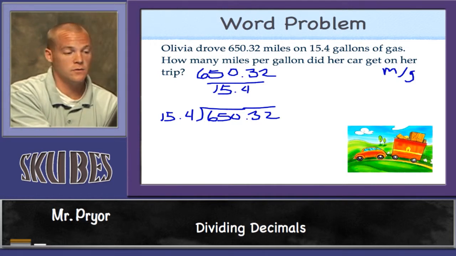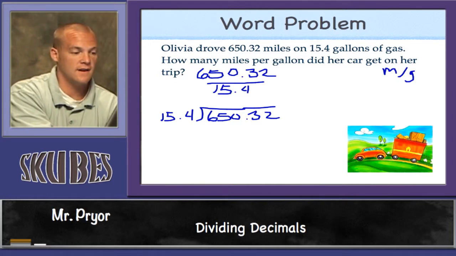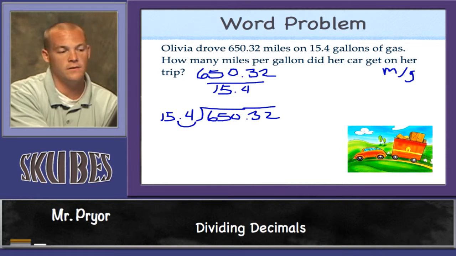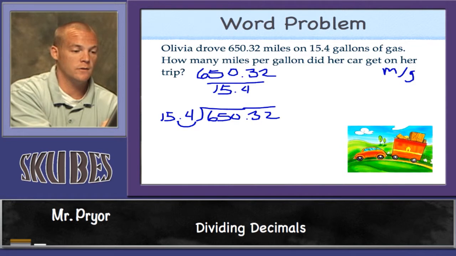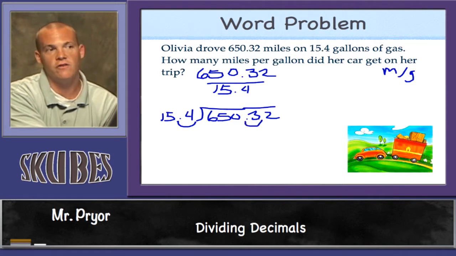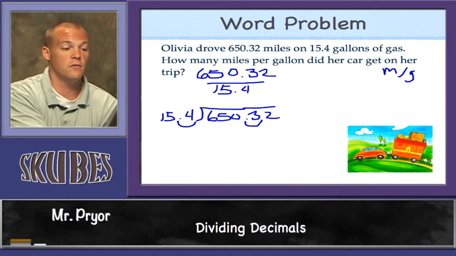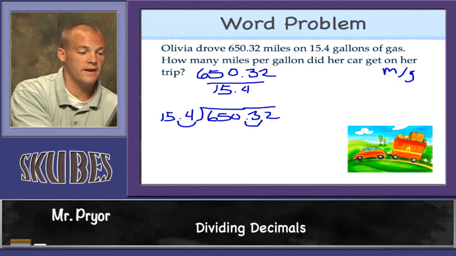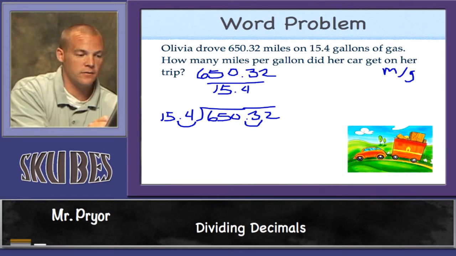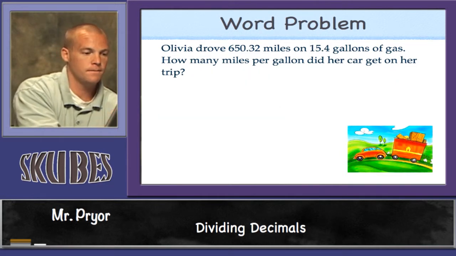So we're going to move our decimal, because you can see we have a decimal outside the division sign, one place to the right, because that would give us 154. And we'll also move the decimal inside the exact number of places. Make sure it's the exact number of places. Don't move it twice just because you want to make that a whole number. It's one place. So your setup then at this point becomes 154